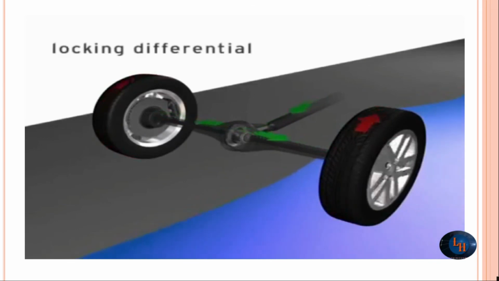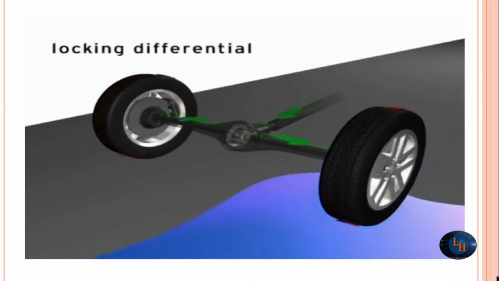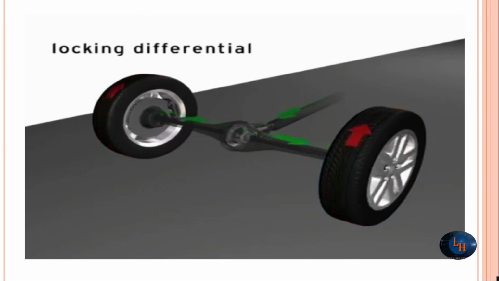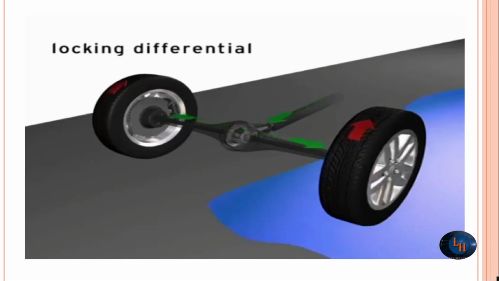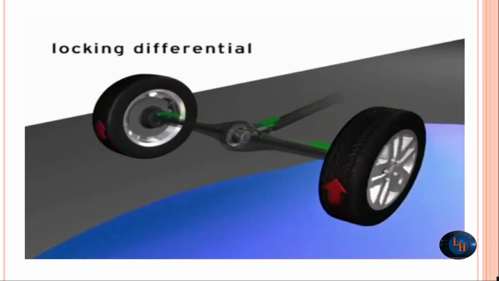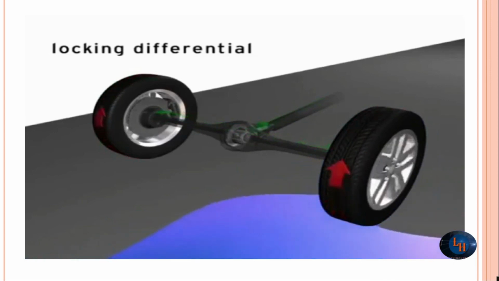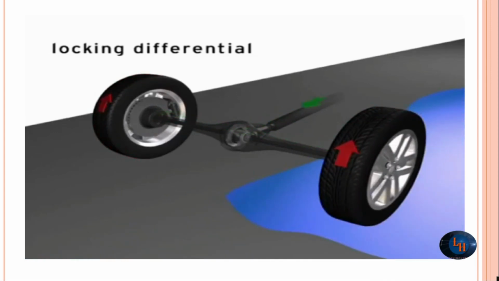Another alternative way which is sometimes used to avoid the slipping wheel problem is a differential lock. When the lock is applied, the differential action is stopped and the whole torque is then applied to the wheel which retains its grip on the ground.